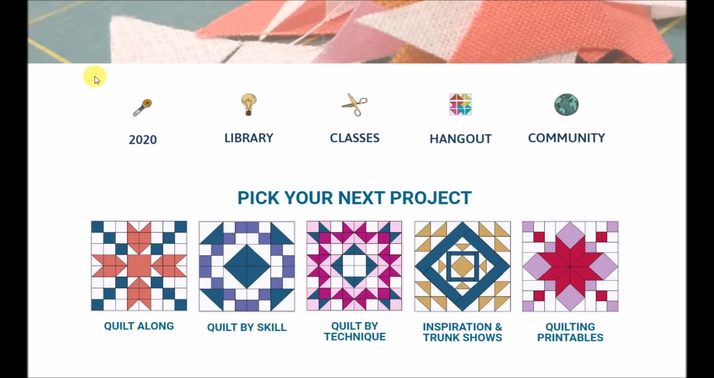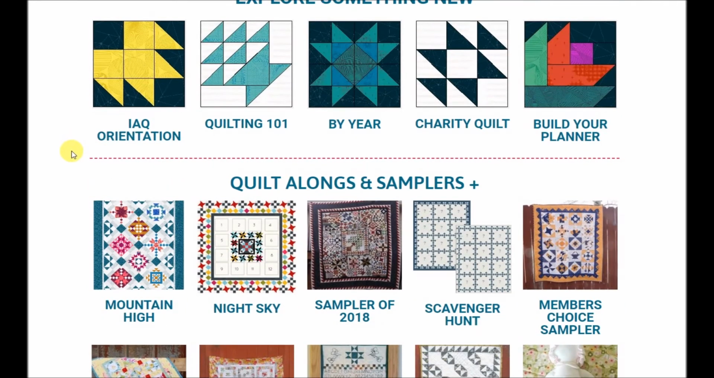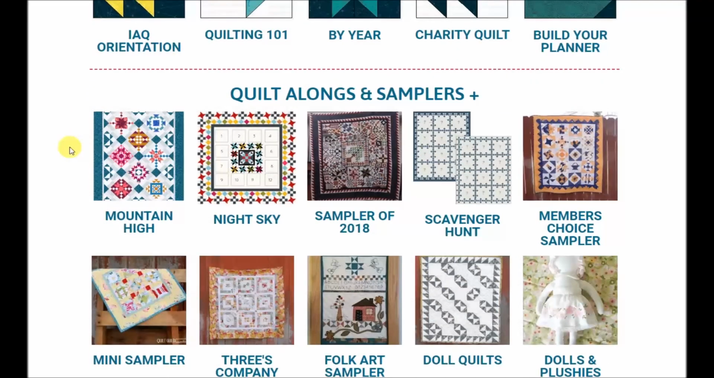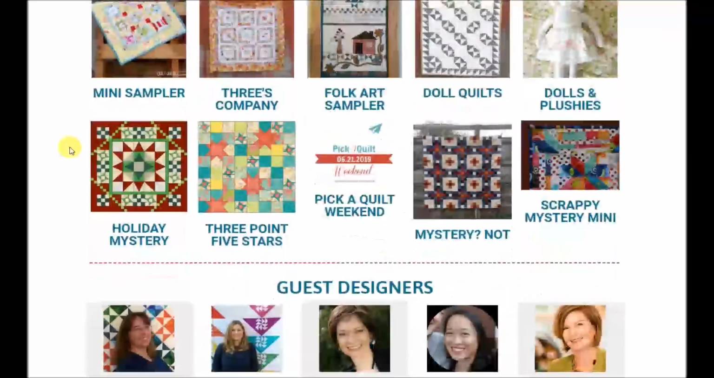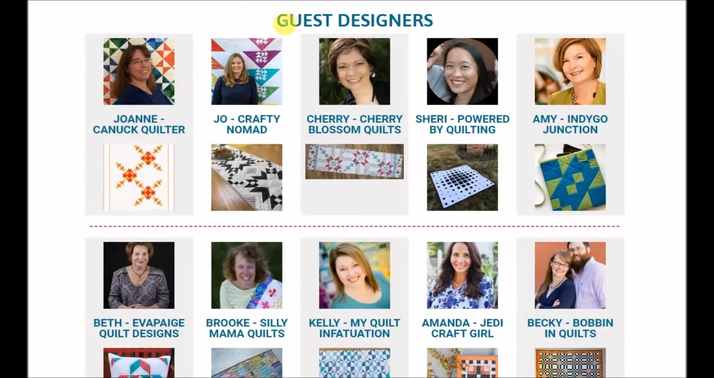Going back to the classes, you can also scroll down and see our current quilt-alongs and samplers. So again, as we add projects in these, this page will be updated. You can also see our guest designers that we've had, and this will be updated as well. You'll be able to see who they are, their name of their site or company, and then the project they've